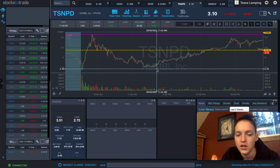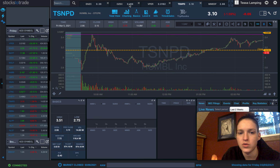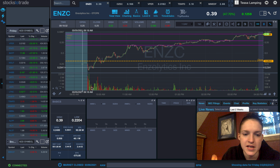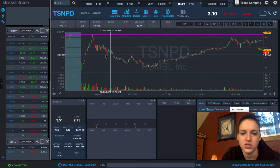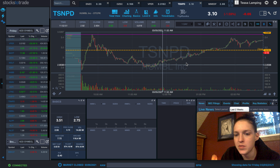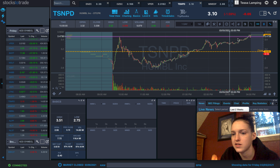Now this one, Jack bought right here at the little higher low. He added, thinking it was going to go along with OZSC right over here with the higher low and ENZC with the higher low. But unfortunately, TSNPD just kept going down, so he cut it somewhere in here. I don't quite remember. But it did end up bottoming out and coming back, and I believe right in here